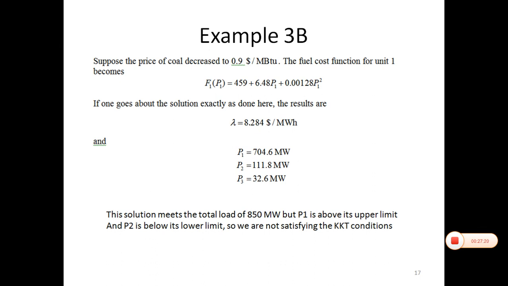And P2 is below its, so it is not P2, it is P3. P3 is below its lower limit, so we are not satisfying the KT conditions. We have to satisfy all the KT conditions. The inequality constraints should also be met. Here the inequality constraints are not satisfied. So what we will do,